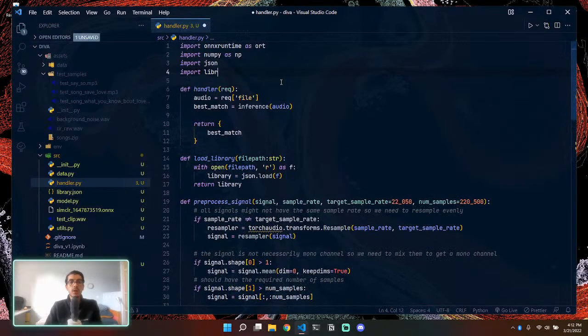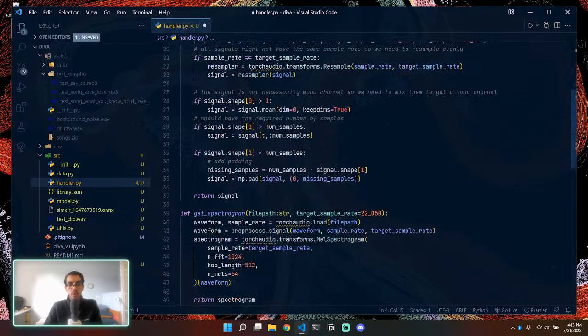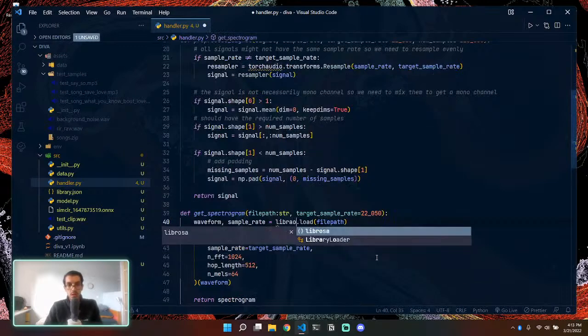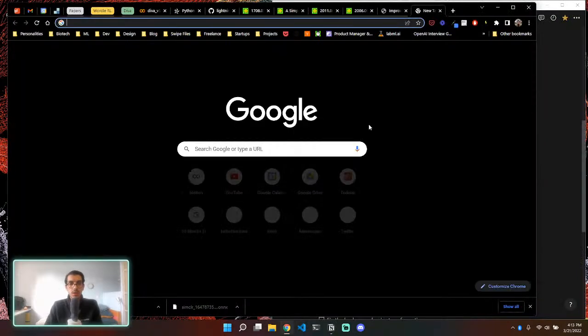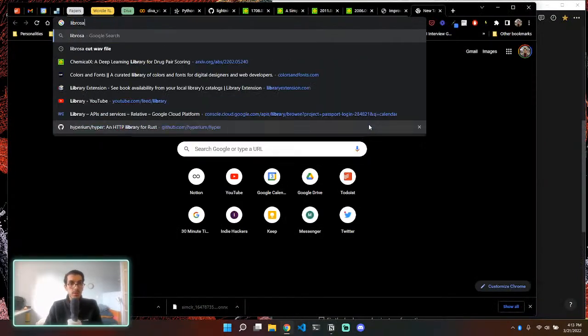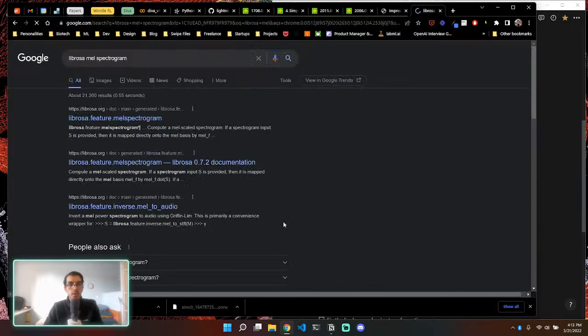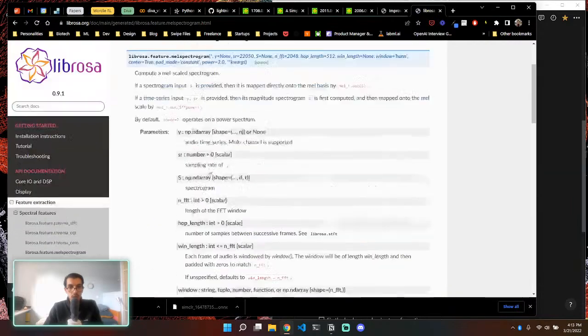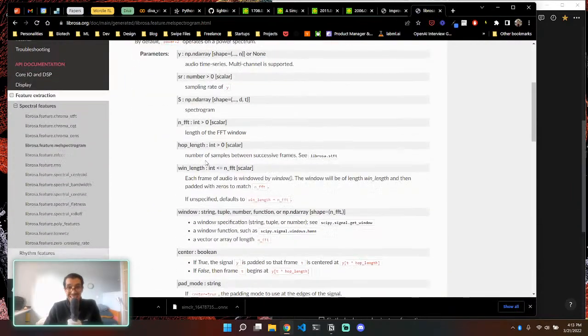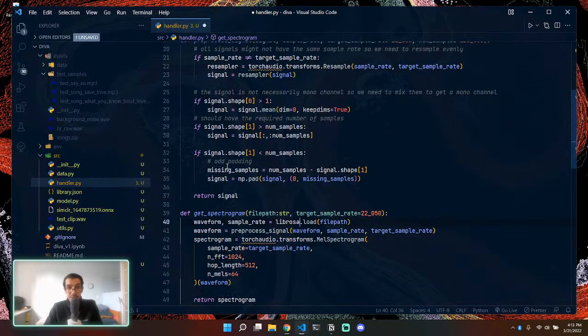So let's import Librosa. And I think we can do a lot of things with it. Let's see if we can Librosa mel spectrogram. Yes, we can. How does it work? Let's hope it works exactly as